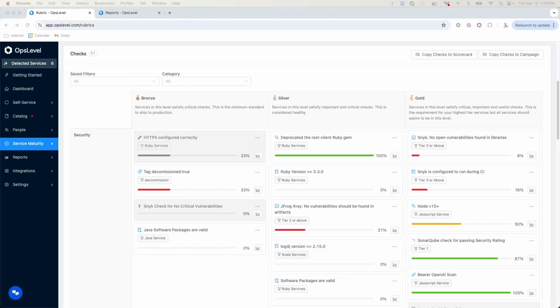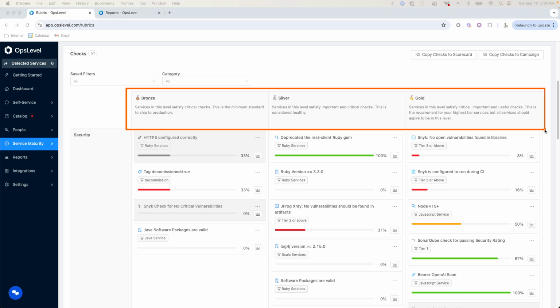Security teams leverage OpsLevel to provide insight into the best practices that product development teams should follow. What we're looking at here is a service maturity rubric where the category can be for the security team specifically. In these different levels, such as bronze, silver, gold, the security team can designate what these checks and best practices